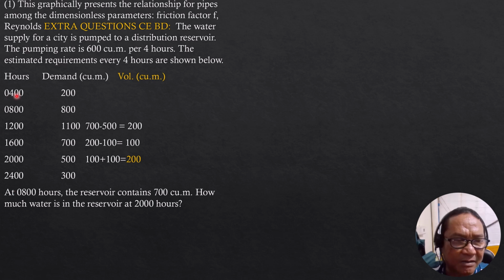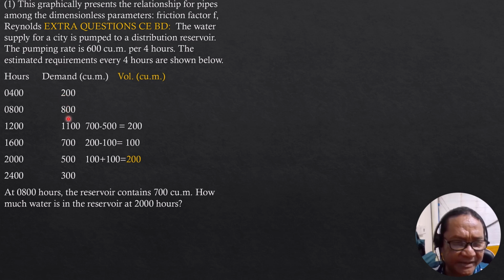That's 4 hours from 12 midnight to 4 a.m., then 4 a.m. to 8 a.m., 8 a.m. to 12 noon, 12 noon to 4 p.m., 4 p.m. to 8 p.m., 8 p.m. to 12 midnight again. So this would be the demand given, 200 cubic meters for